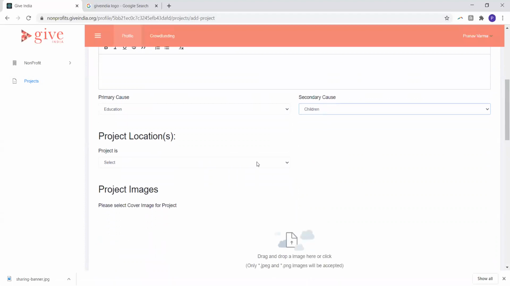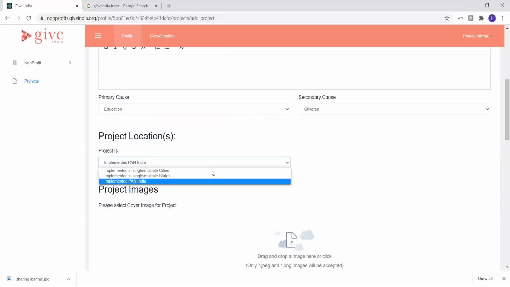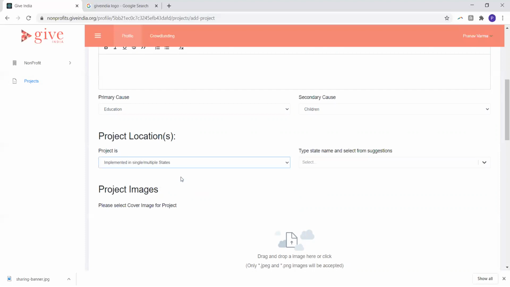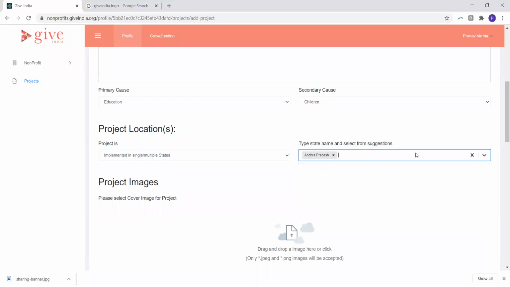You need to mention the project locations. That is, what all areas are you planning to serve through this program? It could either be a pan-India intervention. It could either be implemented across multiple states, and you can select the states, either one or multiple states, through the list provided to you.